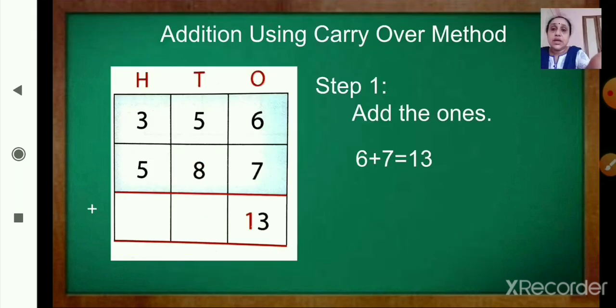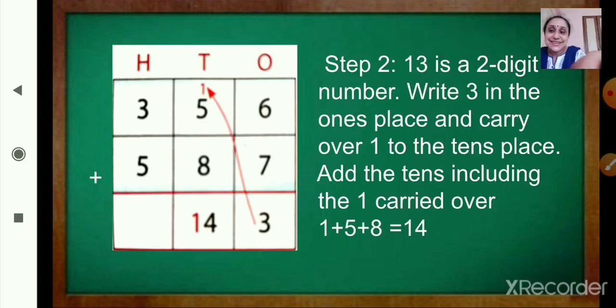Now the same thing again I will explain to you. Look here, then together we will solve the sums from your books. Addition using the carry over method. Step 1: add the ones. The numbers are being added. 6 plus 7, we are getting 13. I told you, no, we are getting 13, but you cannot write that in the box. So what do we have to do? Do you remember? Yes, we will write only 3 there in the ones place, and the 1 of 13 is carried over to the tens place.